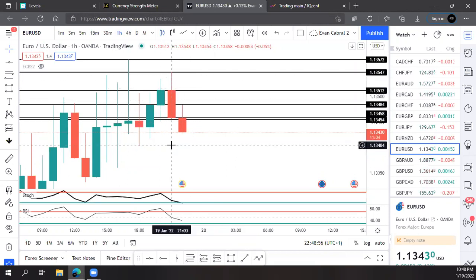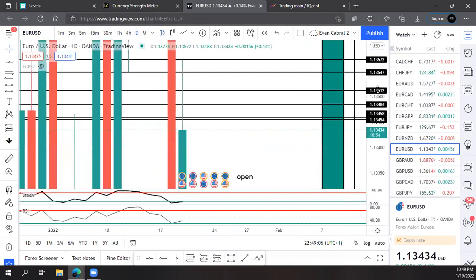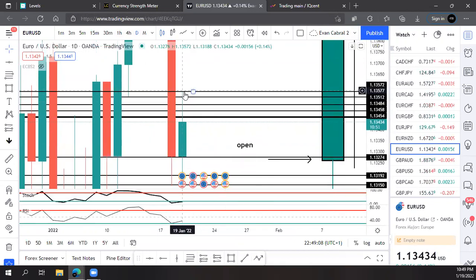Why do you have to mark the top wick of the present day candle? Because this is the highest point today's market has been, right? This is the highest point the market has been today. Today, this is the highest point it has gotten to. Now,